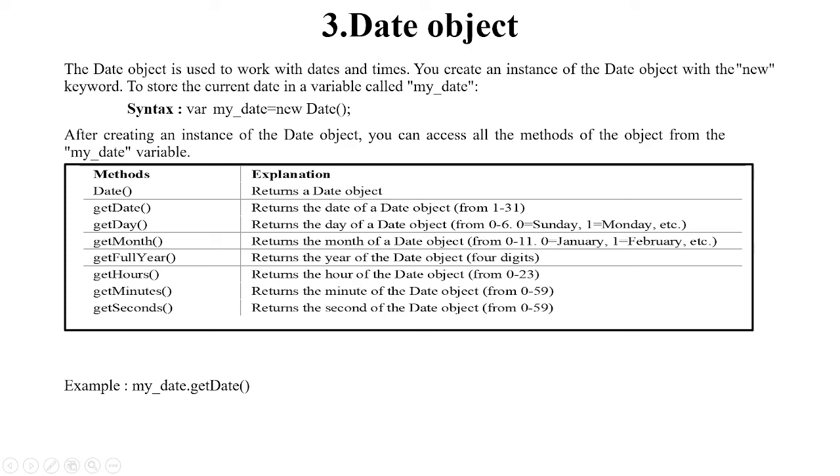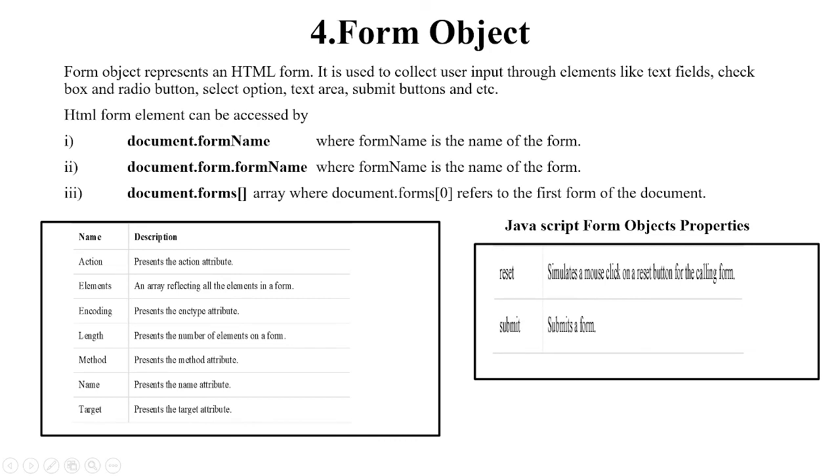Now let us move to the fourth object, that is the form object. The form object represents an HTML form, and it is used to collect user inputs, like inputs that we write within a text field or in checkboxes, radio buttons, select options and text areas, or sometimes different buttons like submit and reset buttons. If I want to access any form element, the process is presented here: document dot form name. Whatever name we have provided to the form, here we specify the name of that form. Suppose within the form there is another form, then we can access it this way, that is